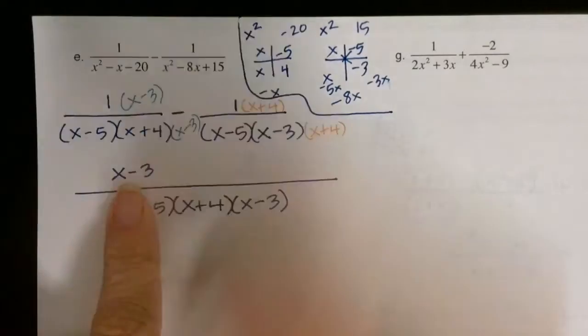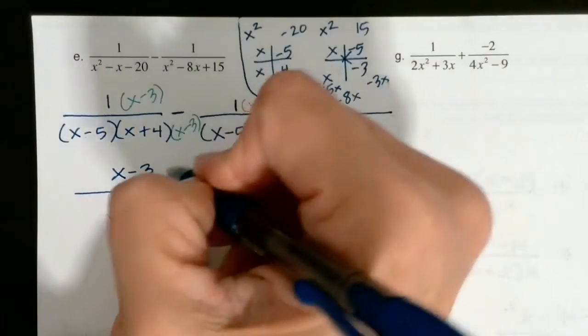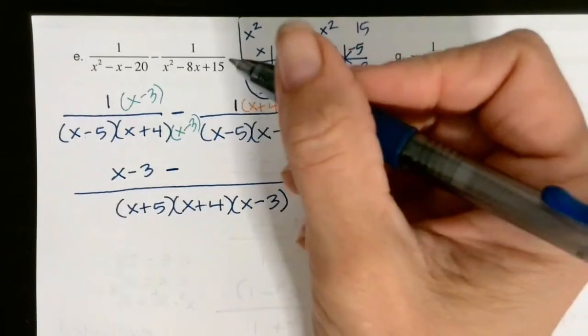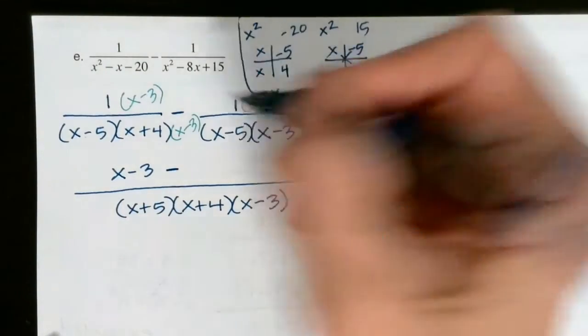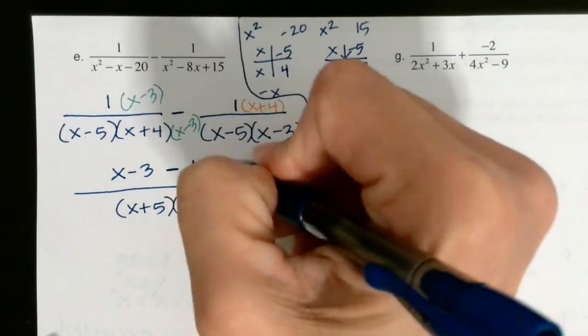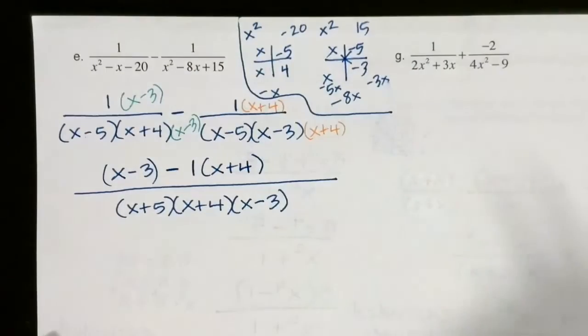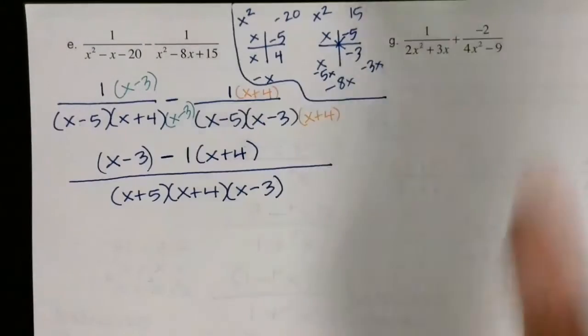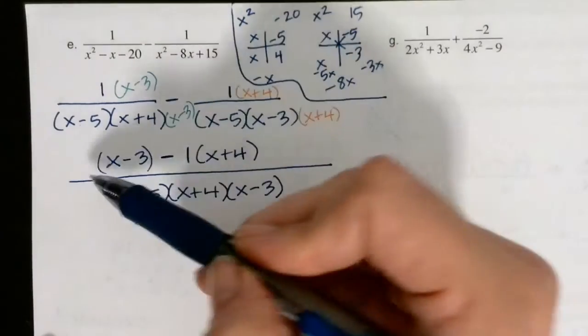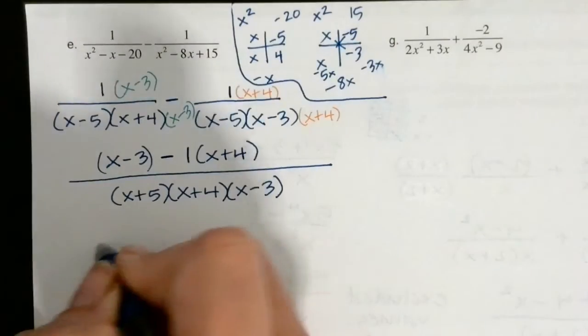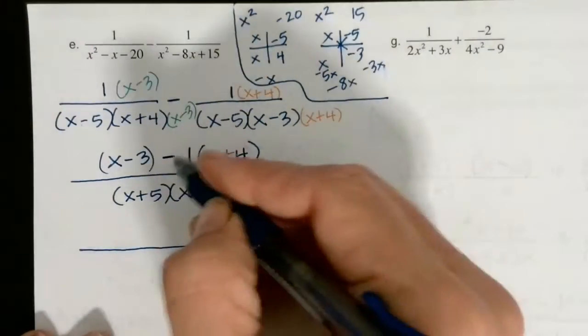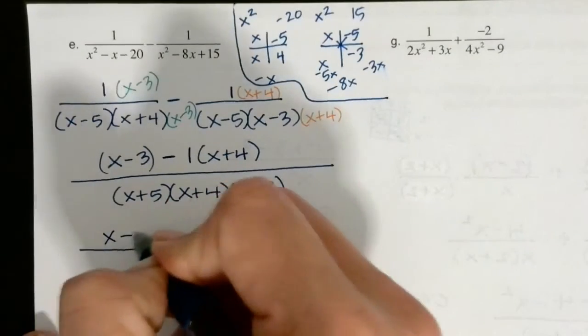Alright, so I have 1 times x minus 3 minus 1 times x plus 4. So you can put this in parentheses as well, just if you're like, why did she put that one in parentheses and not that one? Because 1 times anything is itself. And now we're actually going to do the math of the minus. So I have x minus 3